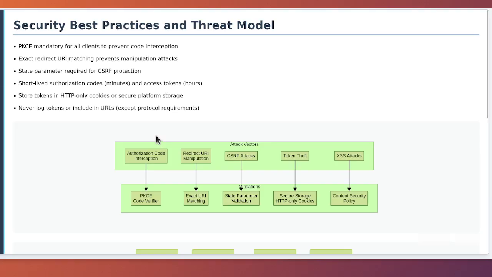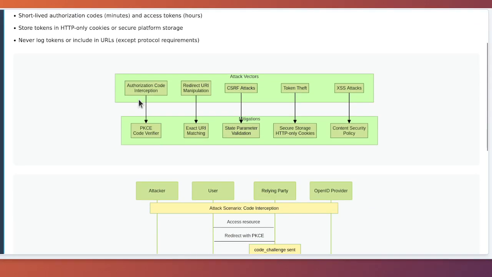These threats range from credential theft and token interception to more sophisticated attacks like session fixation and authorization code injection. Authorization code interception attacks occur when an attacker intercepts the authorization code during the redirect from the OpenID provider back to the application. This can happen through various means, including network interception, malicious applications on the same device, or browser-based